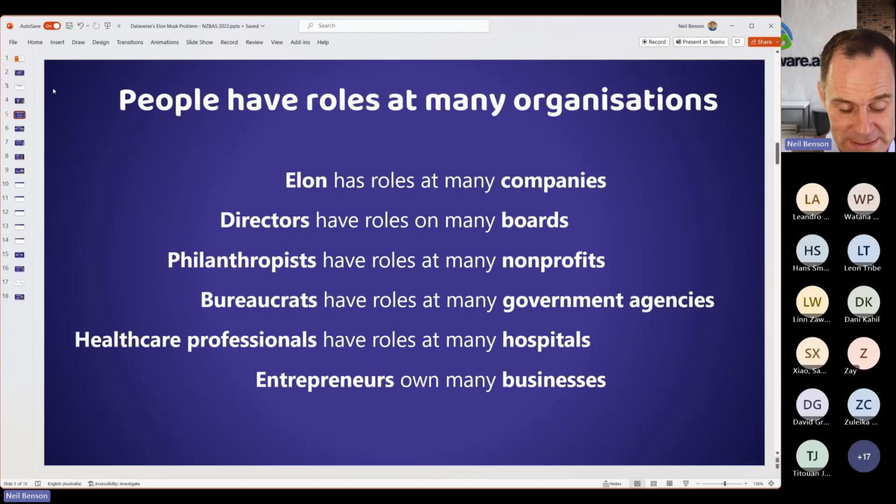Entrepreneurs own many businesses. I'm a little bit guilty of that. I run Customary as my online training and coaching business, and Superware as my independent software vendor business. A lot of you might be Microsoft partners with contacts or accounts, user accounts at multiple Microsoft customer organizations. You've got multiple tenants you log into. How would you model all of that in Dataverse? It's a bit of a challenge.